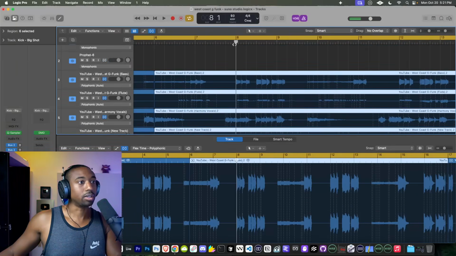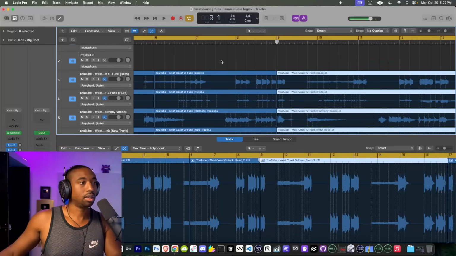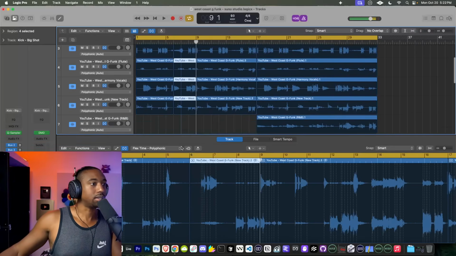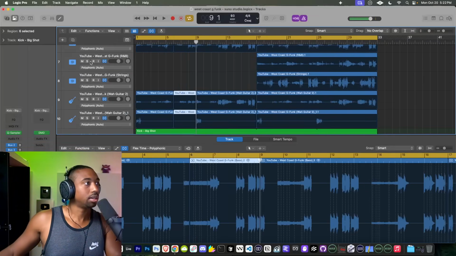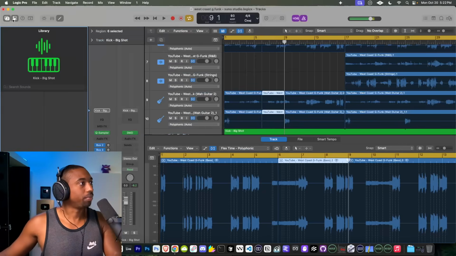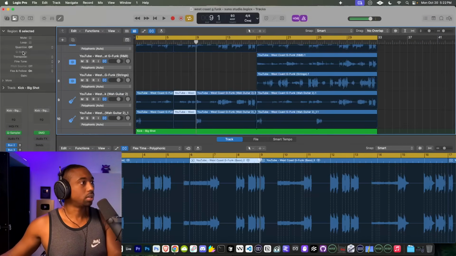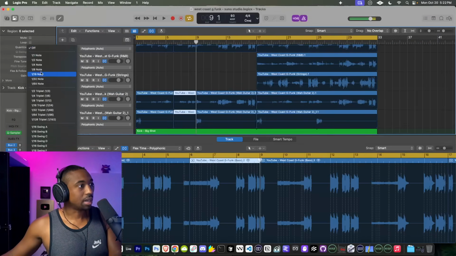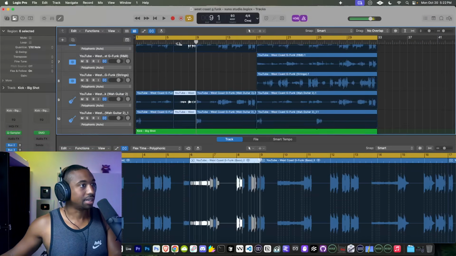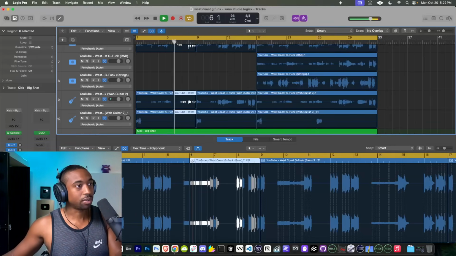And let's go over here to, what was it, bar 8. Hit Command T. So now everything's separated. So let's highlight just these areas. And we should be able to go to the inspector tool and go to where it says quantize. And let's quantize it by the 32nd. That should fix timing issues, but if not,